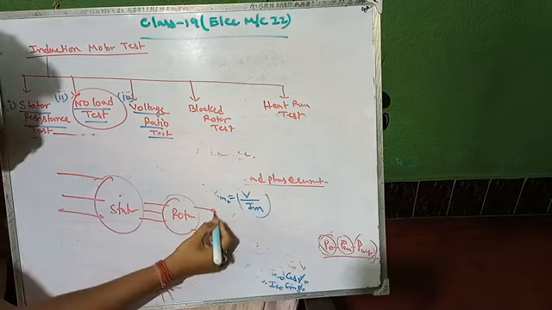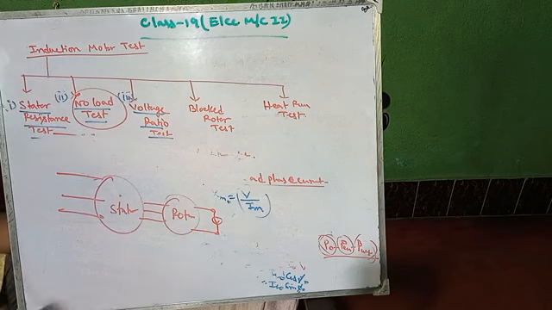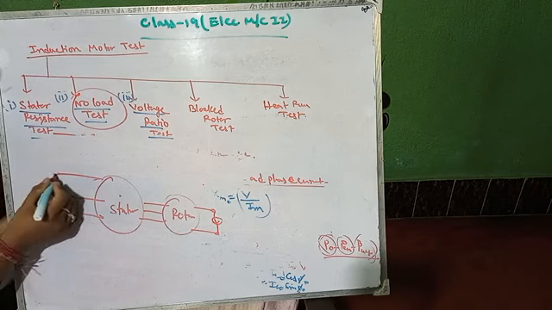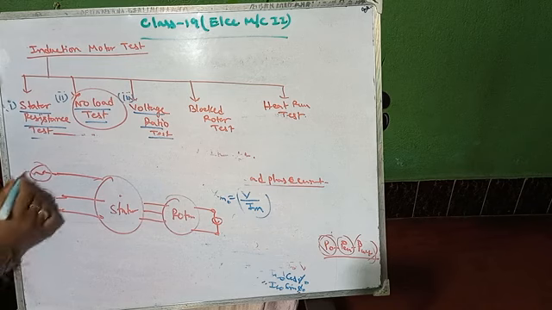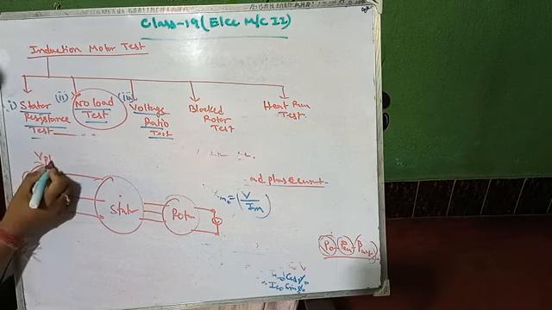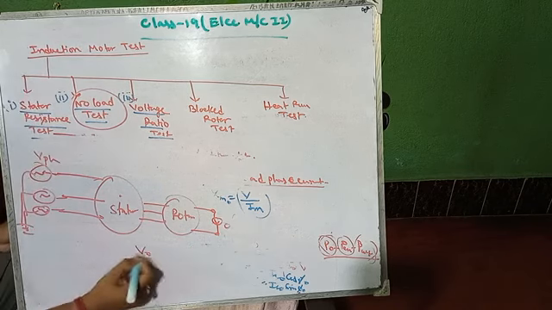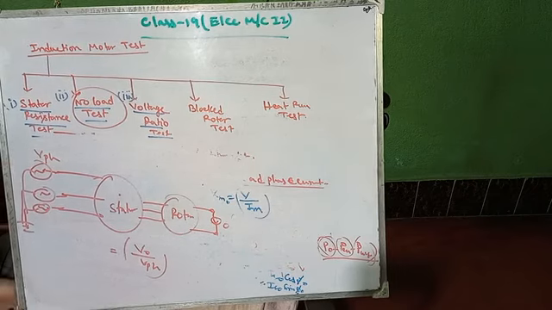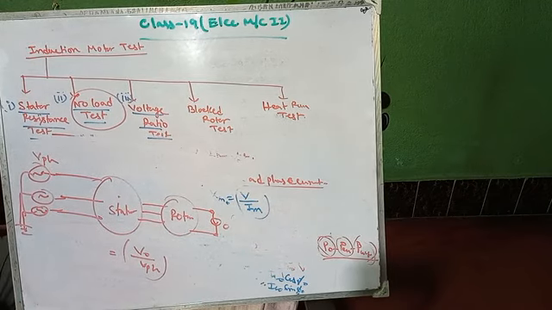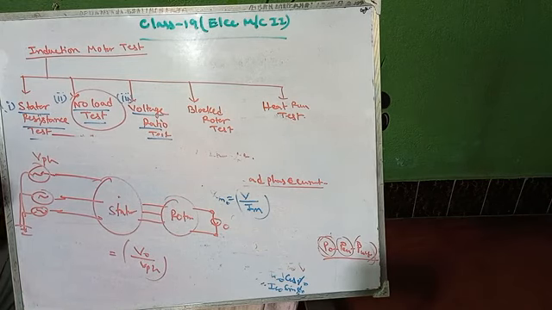Then what will be the voltage across the rotor terminals? It should be noted, and the phase voltage on the stator side is V_PH, while the rotor open-circuit voltage is V0. So V0 by V_PH should be the voltage ratio. The voltage ratio test determines the ratio between V0 and V_PH. So this is done only for the wound rotor. Now I will move on to the blocked rotor test.